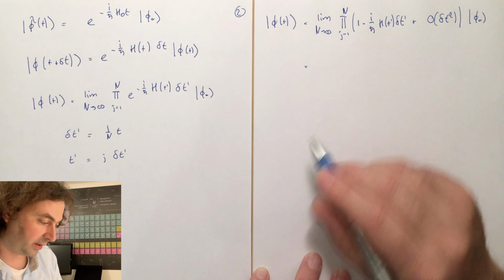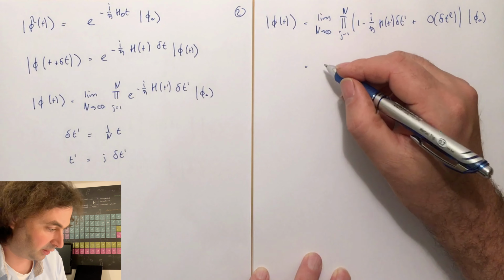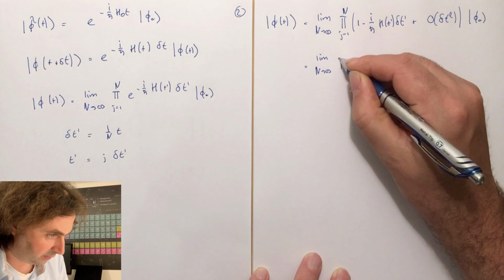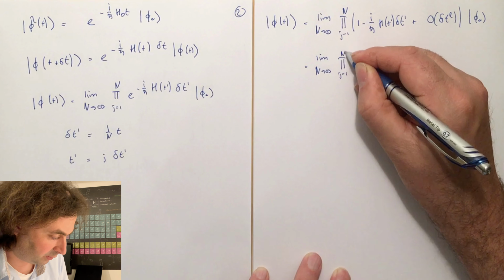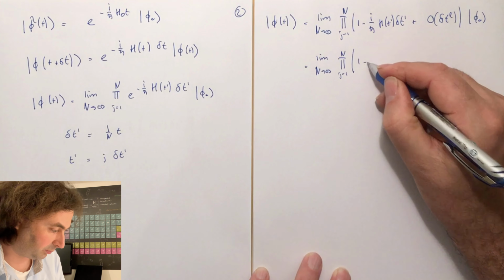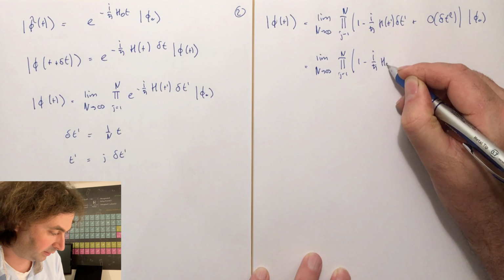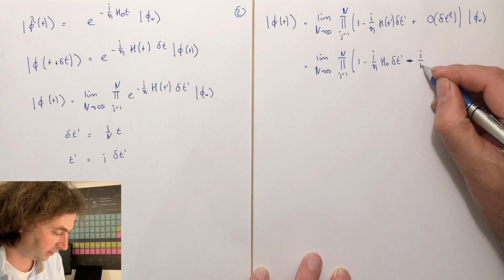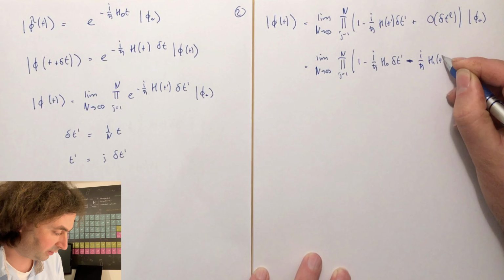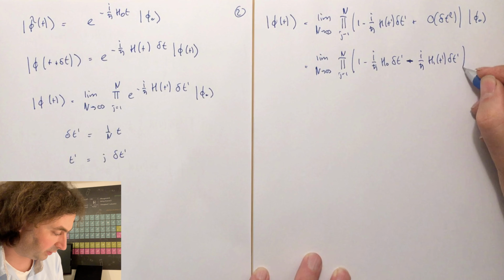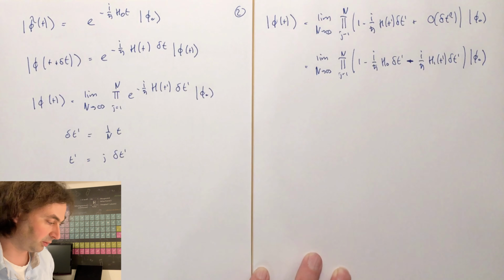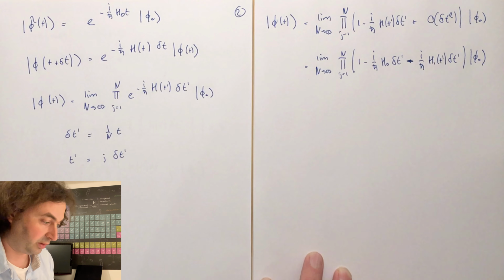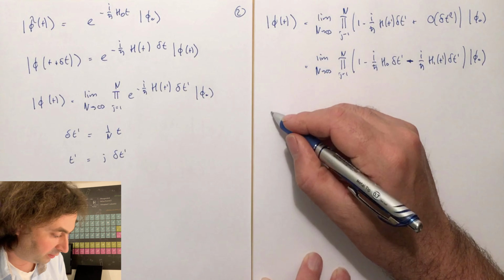Now let's substitute H for H0 plus H1, and then we'll find that this is the product of 1 minus i over h-bar H0 delta t prime minus i over h-bar H1 at t prime delta t prime, acting on phi 0. And this is still exact because indeed this goes exactly to 0. Now we're going to regroup